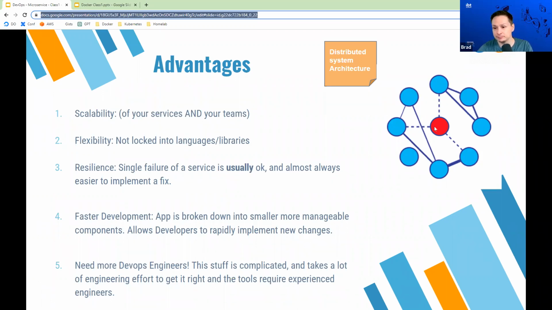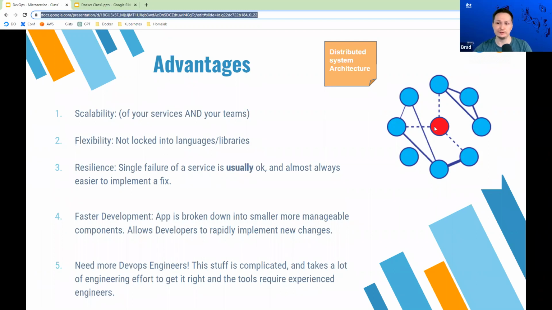And then finally, my favorite advantage is that these are complex systems, so these companies need a lot more DevOps engineers, right? A lot of engineering effort goes into getting a microservice type architecture working. We have to do all those different things that I talked about, right?